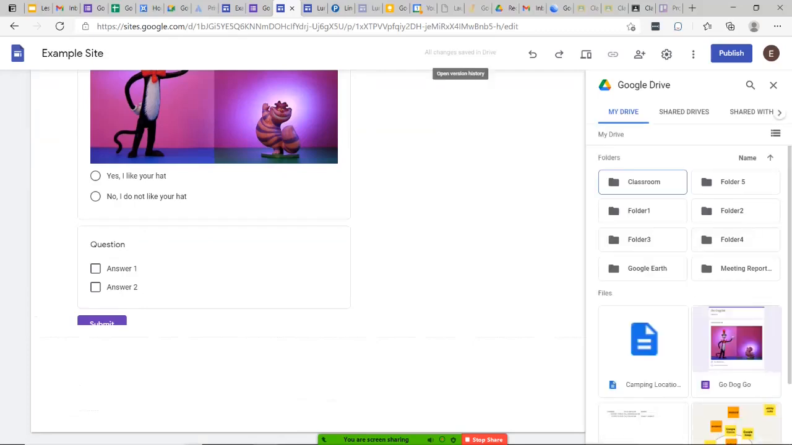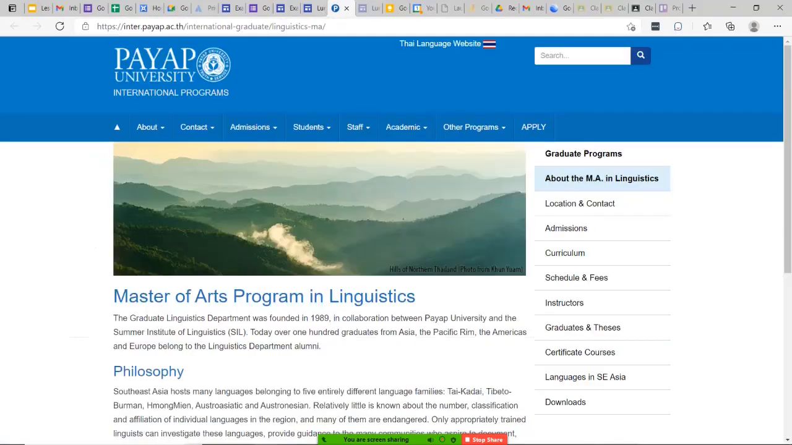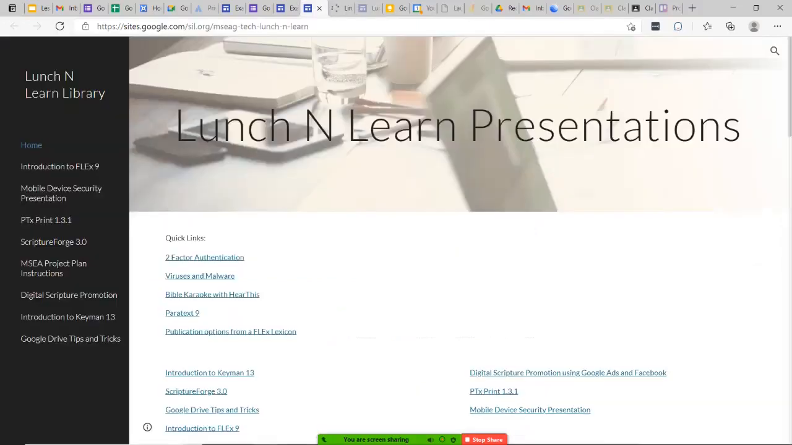I'm going to show you a couple examples of Google Sites. This is the master's, the MA program at PyApp. This is actually being built, I believe, on a Google site, even though it doesn't say Google up here. It's actually redirected around. But this is managed by Google Sites. And it looks kind of nice. This is our Lunch and Learn, where prior to putting our videos up on YouTube, we made a Google site that had access to all our videos. And if I had this set up right,